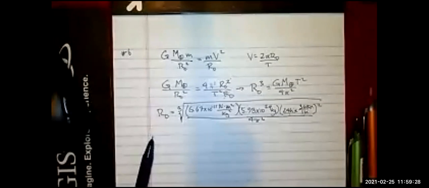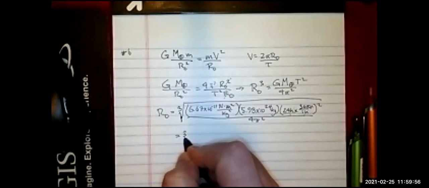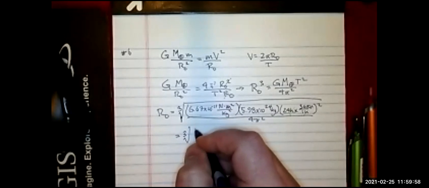So 24 times 3,600, and now I'm going to square that. Okay, I got that. Now I'm going to say divided by parentheses 4 times pi and times pi again because I'm lazy. Okay, so this is going to be what's under the cube root. So I'll say this is equal to the cube root of, it looks like